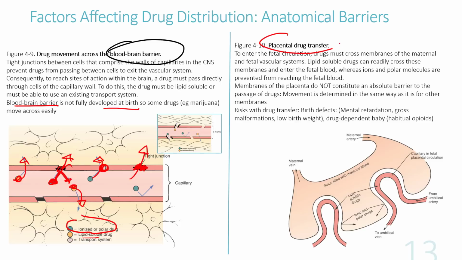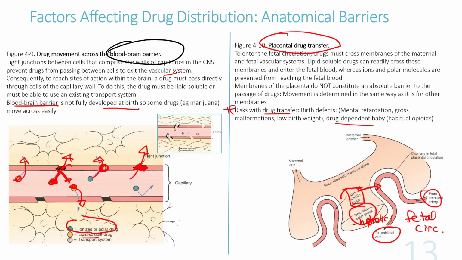And this is especially true with placental drug transfer. Again, the same sort of thing. In the placenta, there are barriers which stop ionic and polar drugs, so hydrophilic drugs, from entering into the fetal circulation. But you can see over here that lipid-soluble drugs are able to go through the lipid bilayer to actually enter into the fetal circulation. So again, it's very important to monitor drug intake in a pregnant woman, because you cannot assume that the drugs will not cross over into the fetal circulation. Risks with drug transfers are listed over here. So birth defects and a baby that's drug